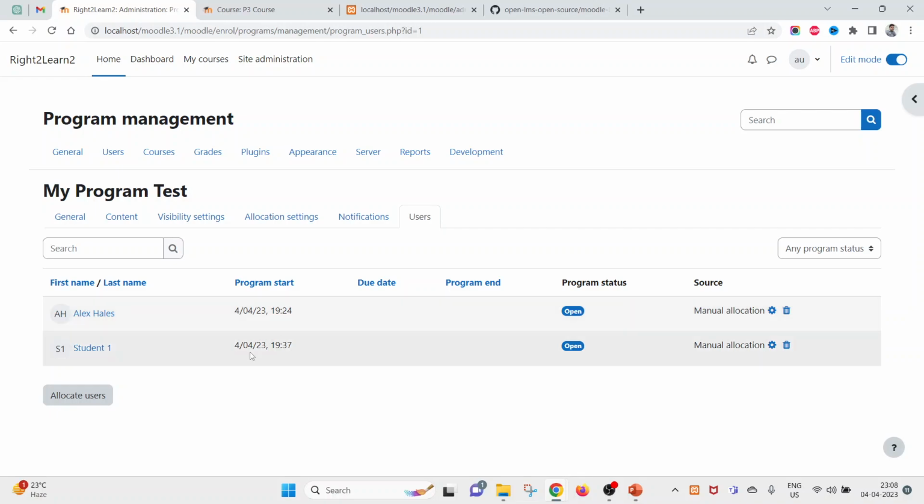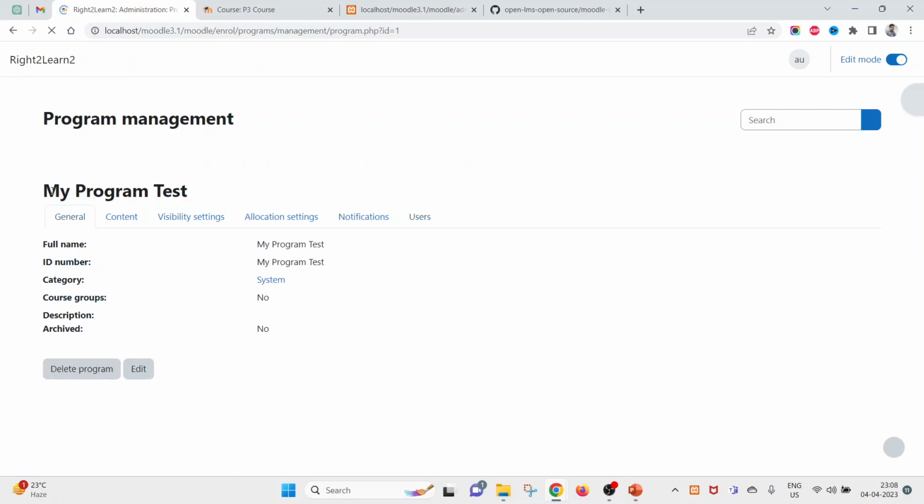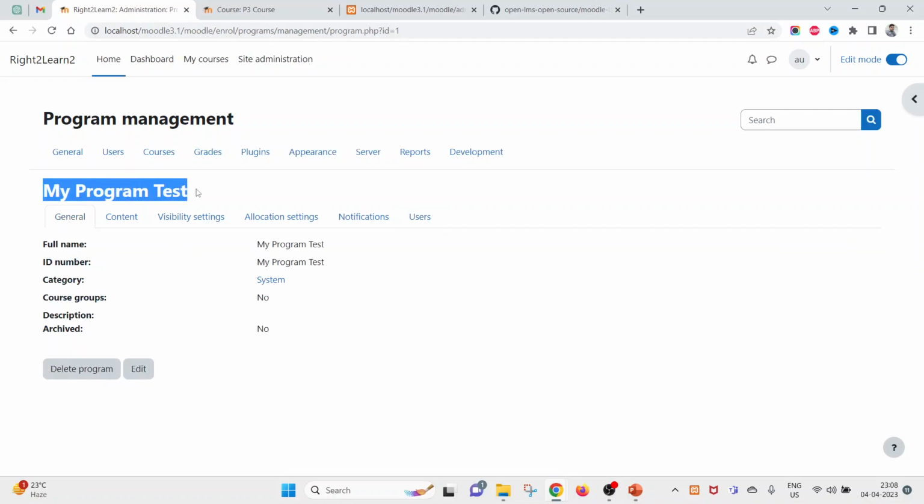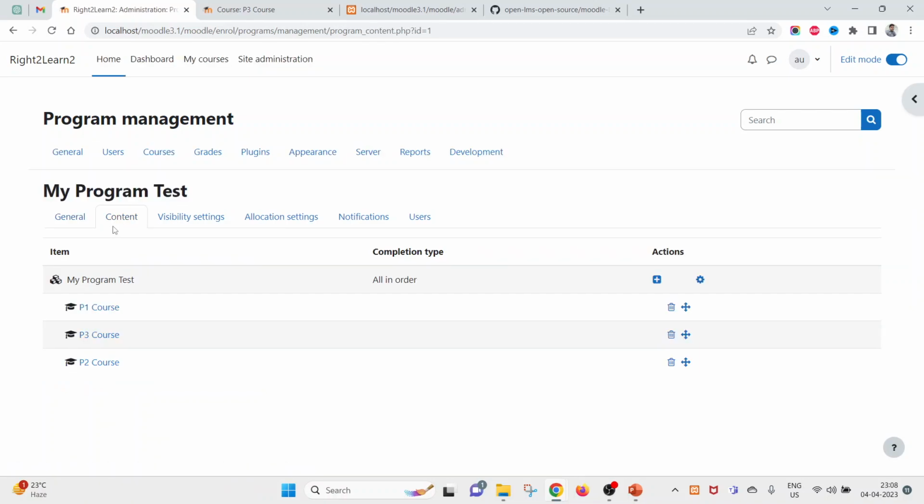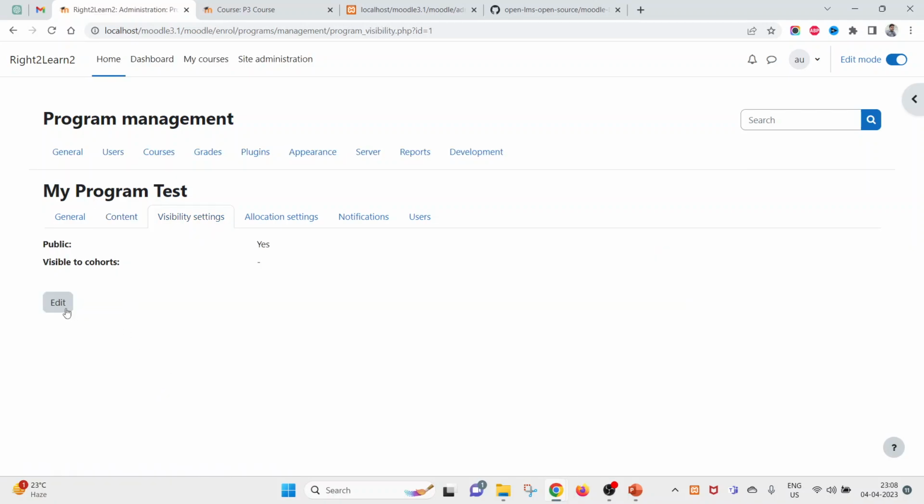So I hope you have learned something, how you can create a program, how to add content to that program, that means how you can add courses to that program. You can add n number of courses. You can set the visibility. Let me